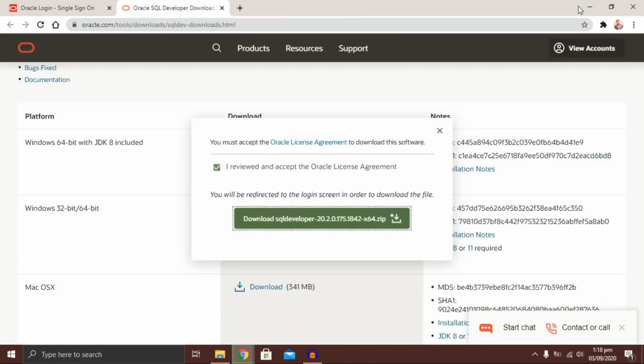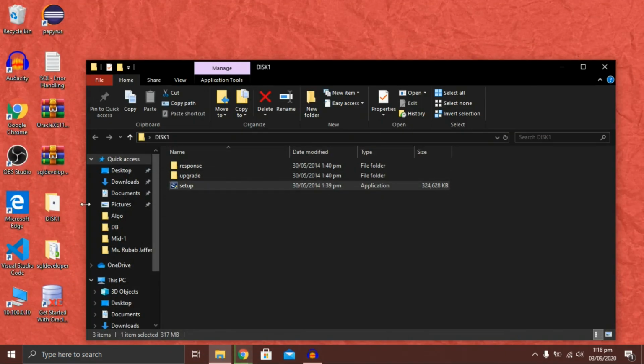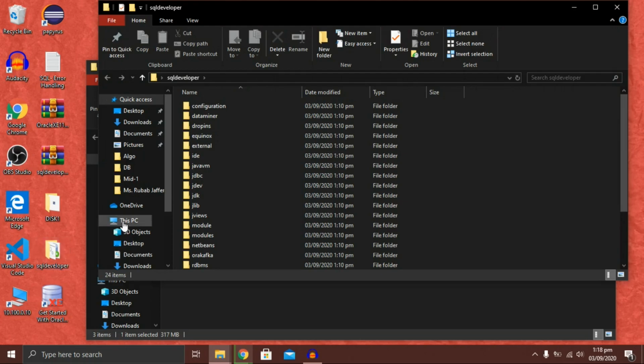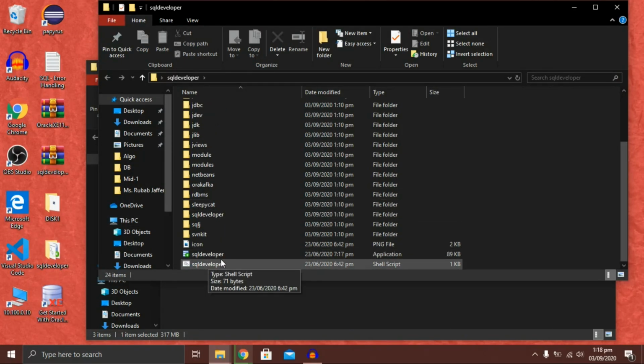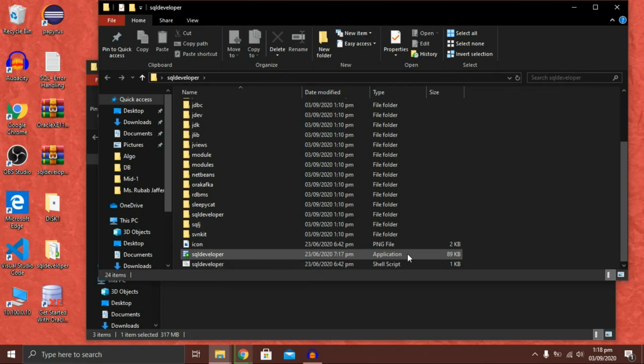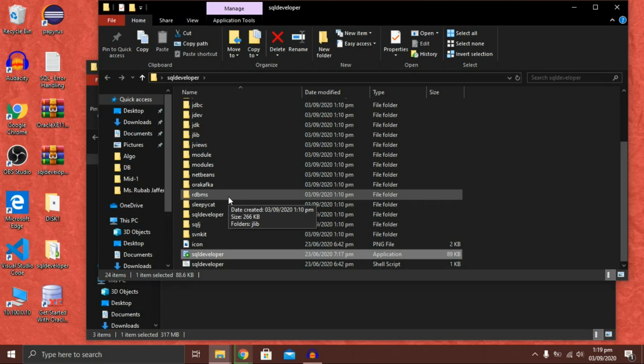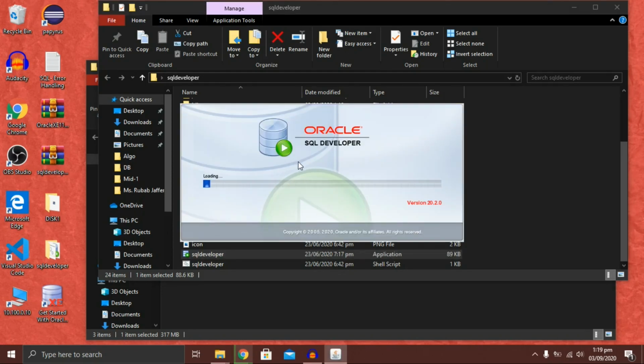Going towards SQL Developer, we are going to click on this SQL Developer application. It will go through all the process of being set up.